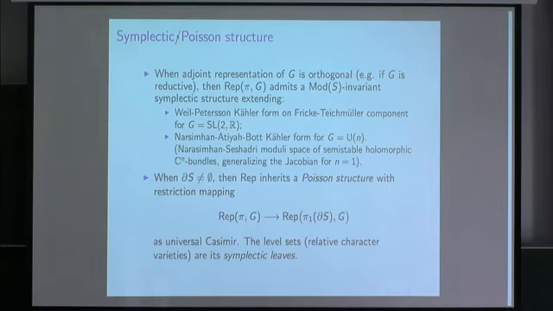When the boundary of S is non-empty, the representation variety is oftentimes odd-dimensional and can't be symplectic. But if you look at the restriction map to the boundary, its fibers are all symplectic manifolds, and this is a case of a Poisson structure where the functions have a natural Poisson bracket. And since I want to talk about surfaces with boundary later, I'll be describing this geometry in detail.